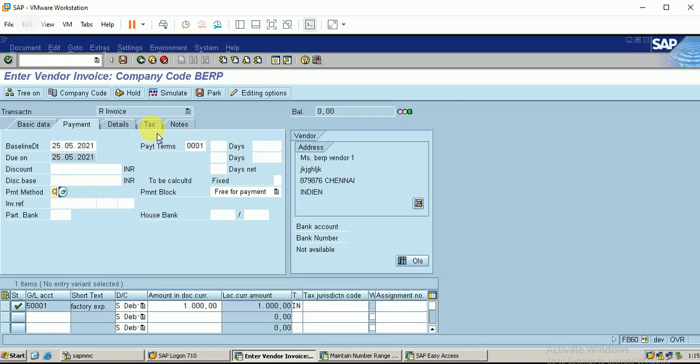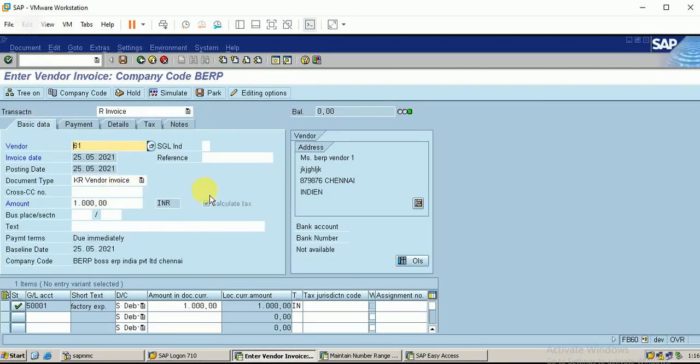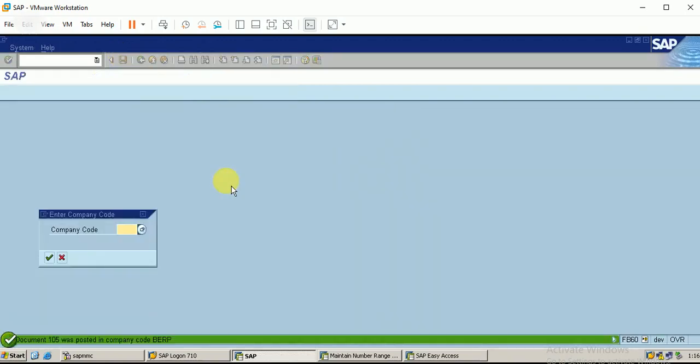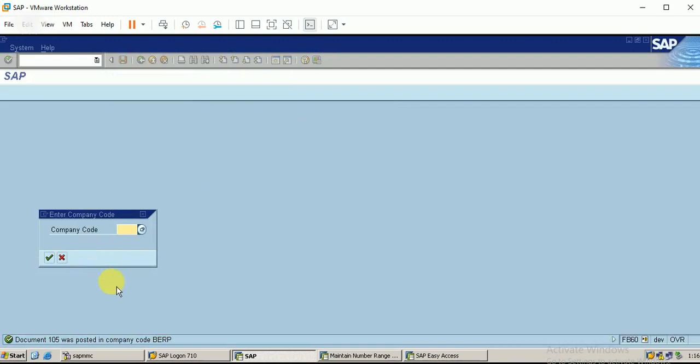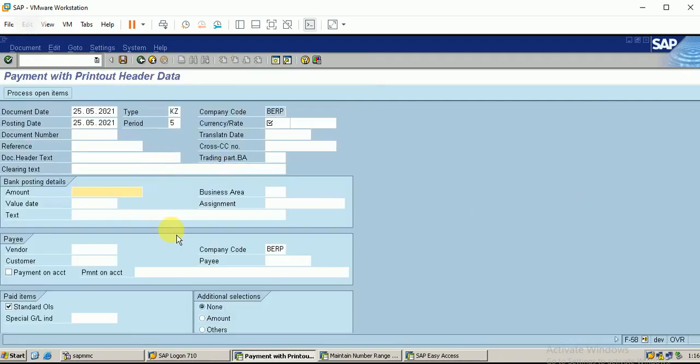Similarly, the other things. The tax is calculated. Let me post this invoice. The main thing is that the payment method of this invoice is check. Document 105 is posted. Let me make the payment for this. The T code is F-58. The amount is 1000. Then value date,